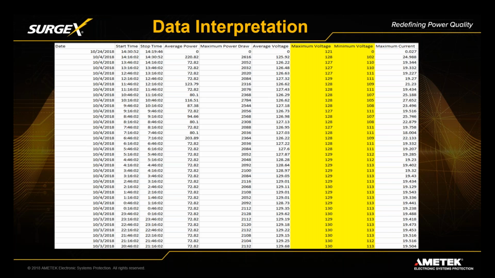You'll see that they're pretty far apart. And in this case, on the low side, it was really regular, just almost every 30-minute interval. The minimum recorded voltage was around 113, 112, and the maximum was up in the high 120s. And now with a target of 120 volts, to me, that immediately says that there's a problem with your neutral